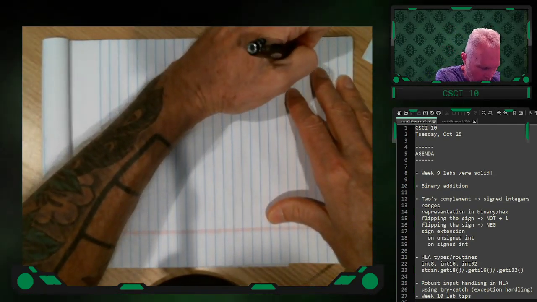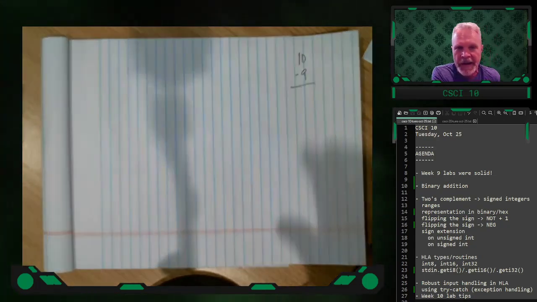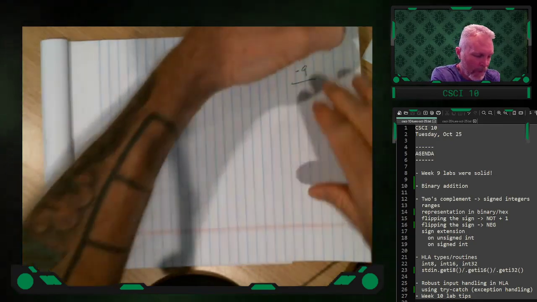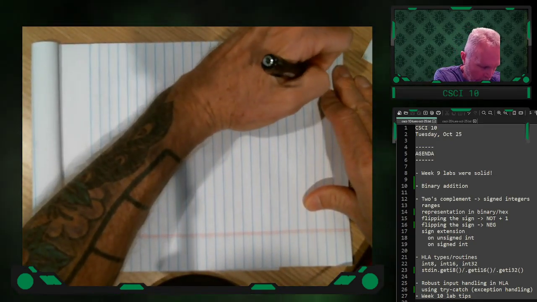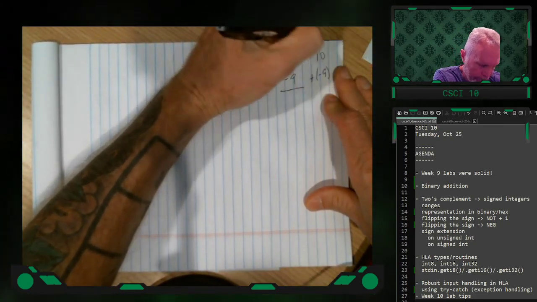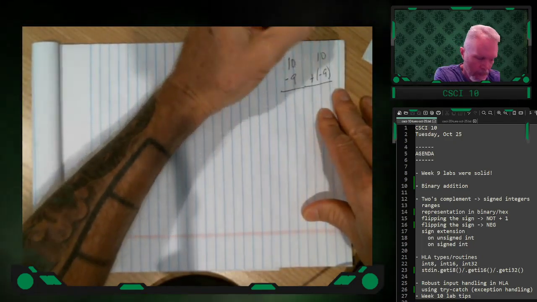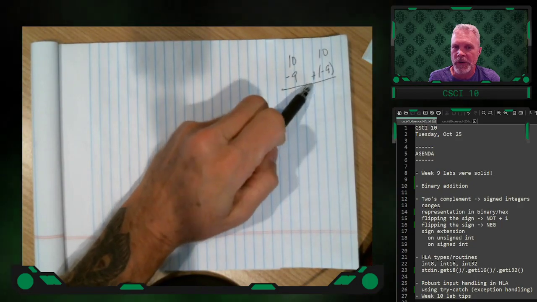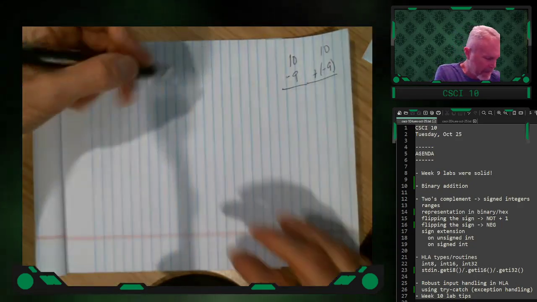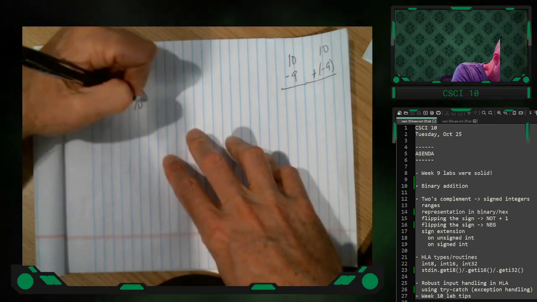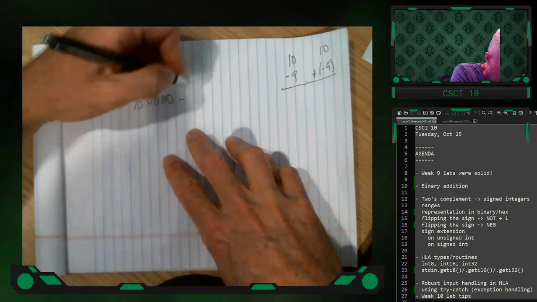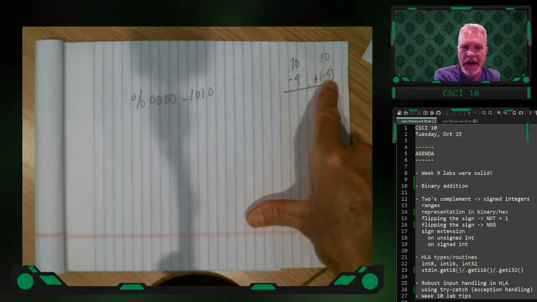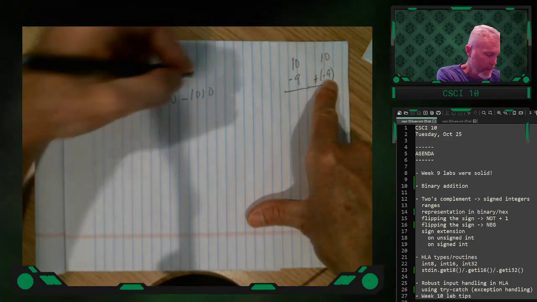For example, if we wanted to do 10 minus 9, what we really want to do is 10 plus negative 9, so that we can use normal binary math on the two numbers. The 10 is easy: 8 and 2. The negative 9 is a pain in my rear